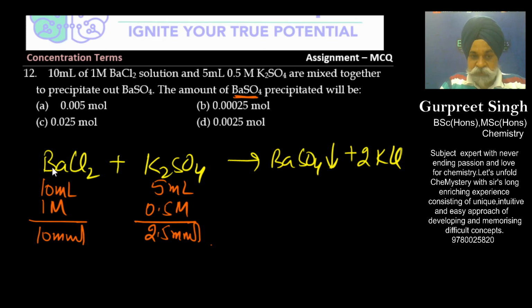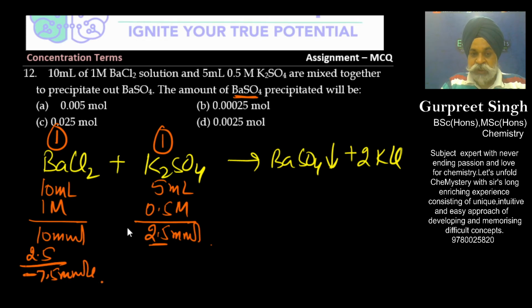Simply here what we are saying is 1 mole of this would react with 1 mole of this. So if it is 2.5, it would react with 2.5 and 7.5 millimoles of it is left out. This in a way is also suggesting that this is acting as a limiting reagent. A limiting reagent is a reagent which gets completely consumed in the reaction. 2.5 millimoles got completely consumed, and the maximum amount of product formed would depend upon the quantity of the limiting reagent